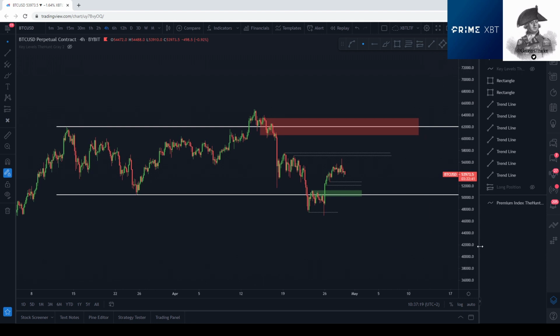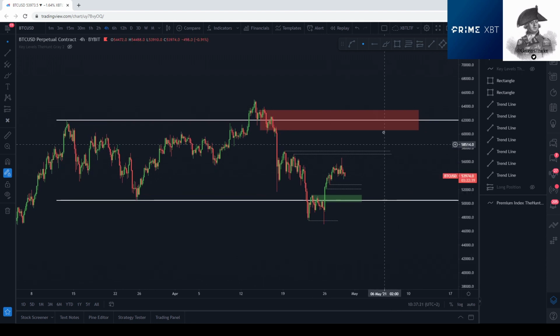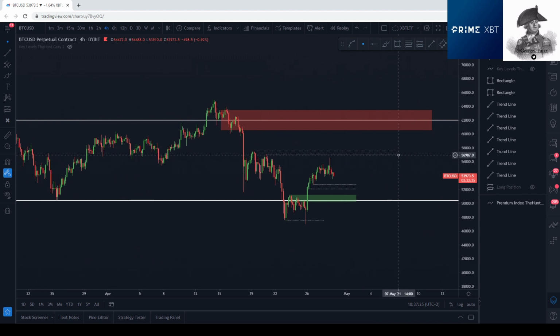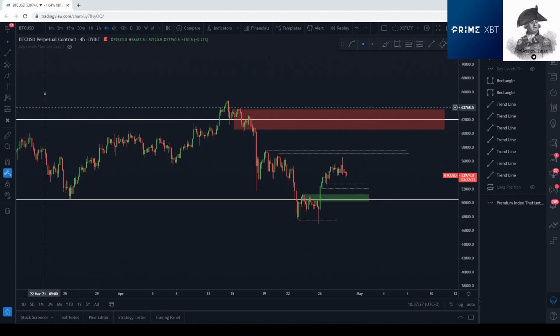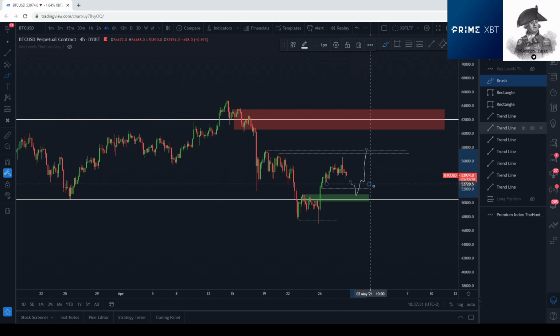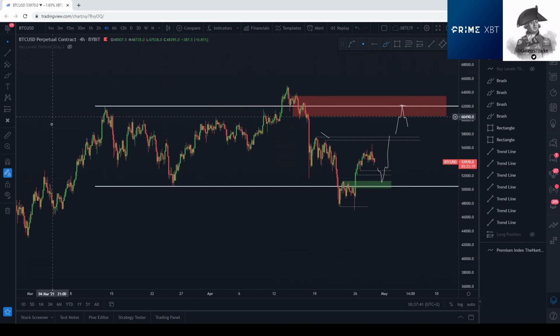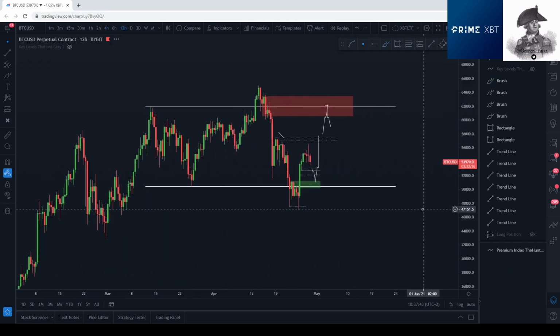So yeah, that's basically all I'm watching. Above this, I think we bump to new highs. As long as we're below, we're probably gonna be ranging. The game plan for a long would be a sweep of these lows, then long it to these highs, or yeah, the opposite. Look for wicks into range high, look for a short hedge to trade it lower. If we get below here,